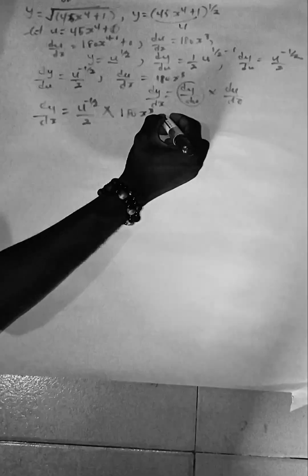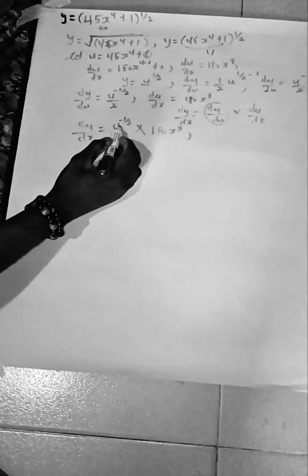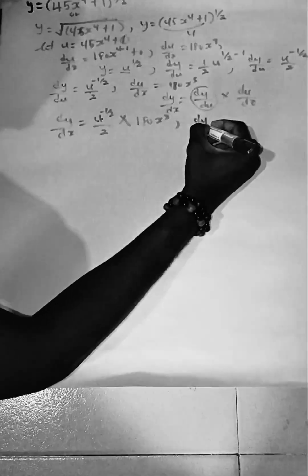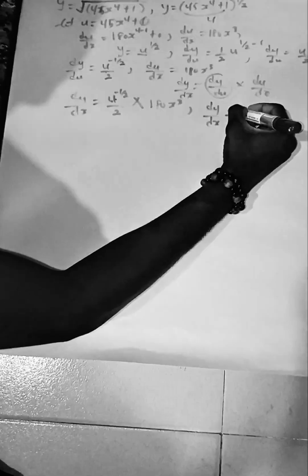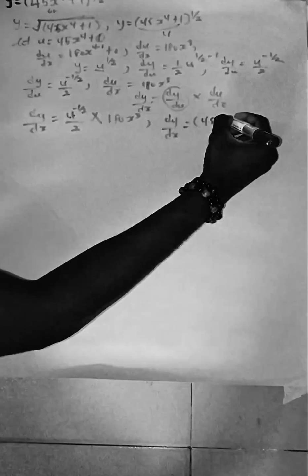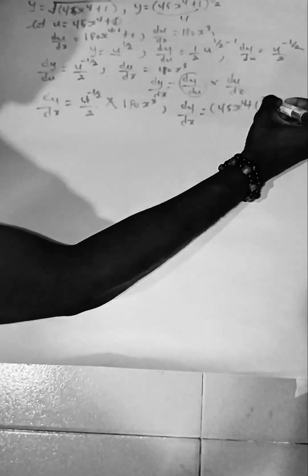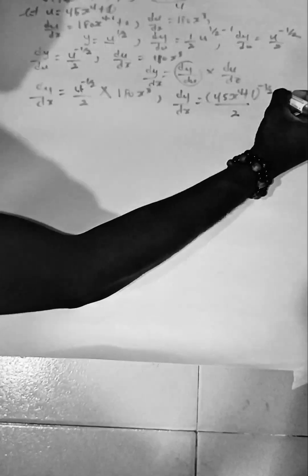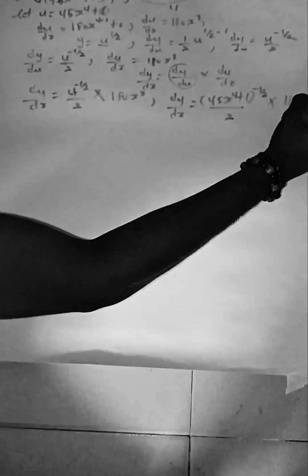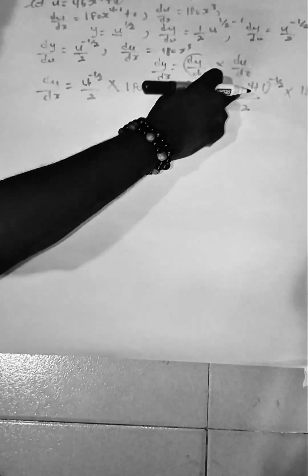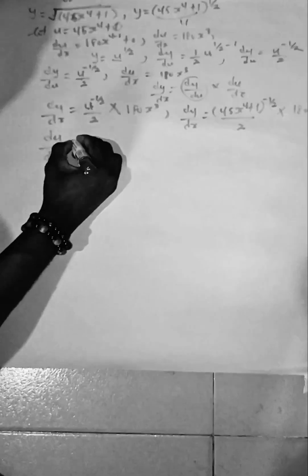So let's simplify. Our u, remember, was equal to 45 x raised to the power 4 plus 1. So we can just plug that back into the function. So dy by dx is equal to 45 x raised to the power 4 plus 1, all raised to the power minus 1 over 2, divided by 2, then times 180 x cubed. So let's find a way to simplify this particular function. So let's write it: dy by dx is equal to